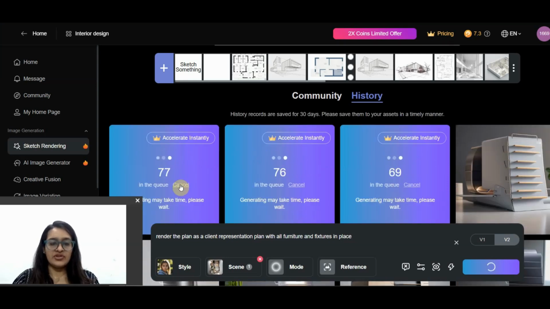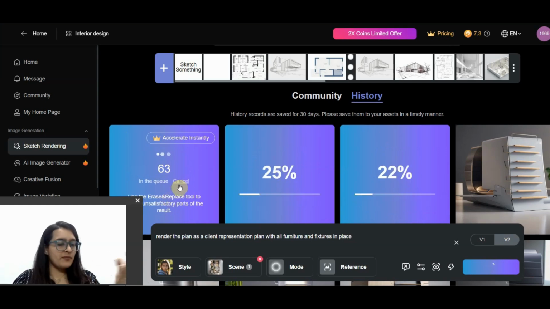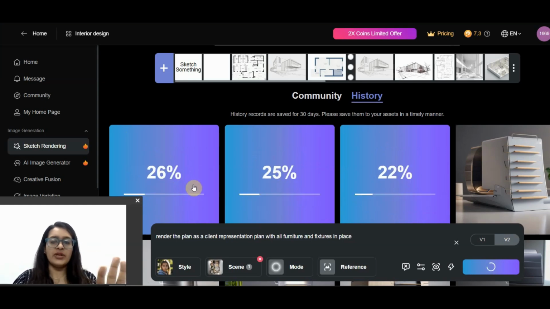Okay, so it shows that there is some queue kind of a thing, and even in the previous softwares there was this idea wherein if they want us to accelerate our speed quickly, they want us to pay and buy the premium version. So the free version will only give us this month.